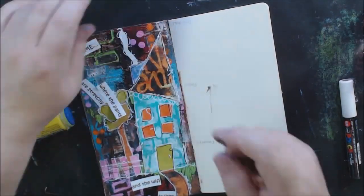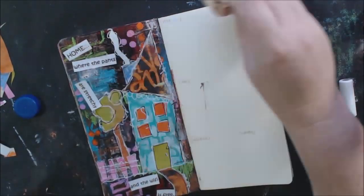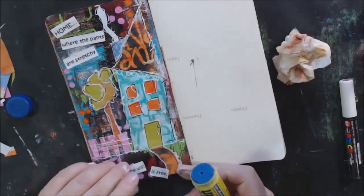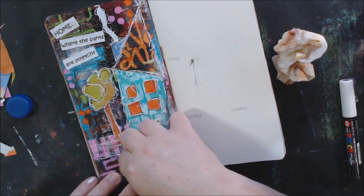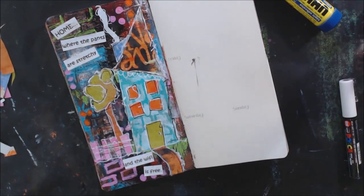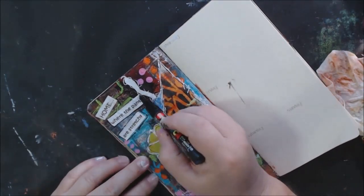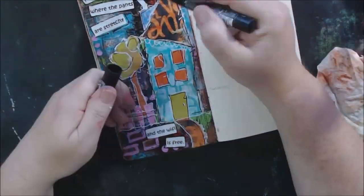Then I just glued on my words, trying to make them not straight because it looks like you meant it that way, right? If you make them wonky, you meant to do that. It's not that you didn't glue them straight, it's that you meant to do that. Well, in this case, I actually did mean to do it. And I just put some black lines around them real quick, and then I was done with day 9 of